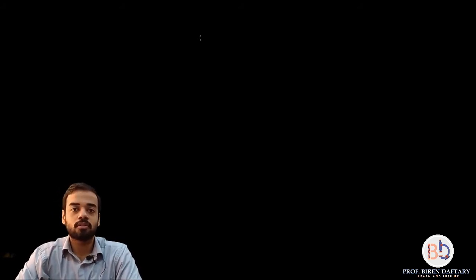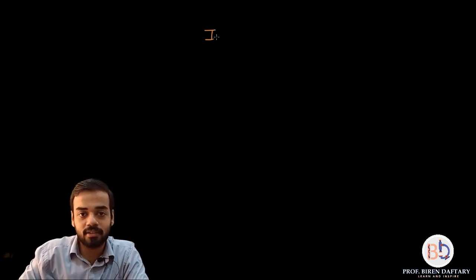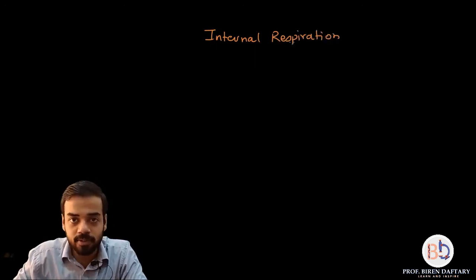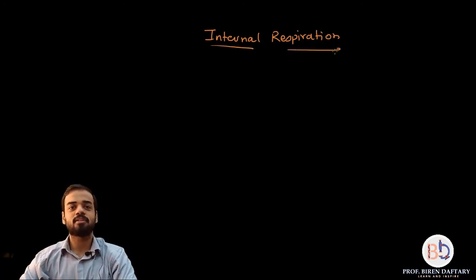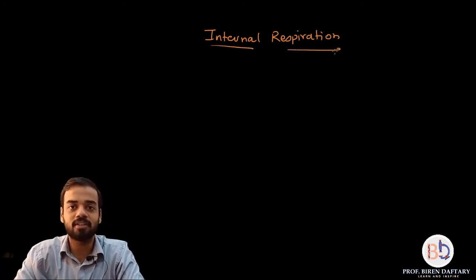Okay, so let's continue with the chapter. We have finished with the anatomy of the human respiratory system, right? Then we started with mechanism of respiration, that was in the last lecture, and we completed breathing and external respiration. Now let us start with the third part under mechanism of respiration, and that is called internal respiration. Today we are going to cover only internal respiration, and then cellular respiration, which is a very short part, we'll be covering in the next lecture.